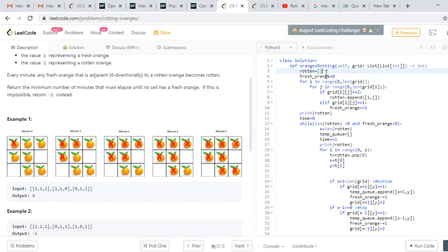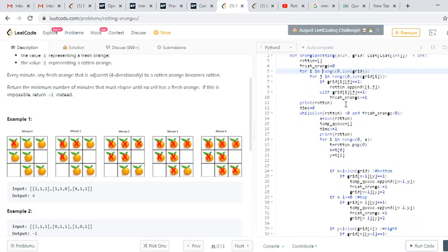I took a rotten list, and the second one is a variable for the fresh oranges, and I'm traversing this grid and appending the rows and columns where I find grid[i][j] equal to 2. So I'm putting that i and j into the rotten list.